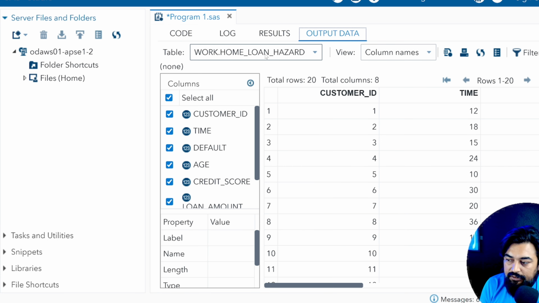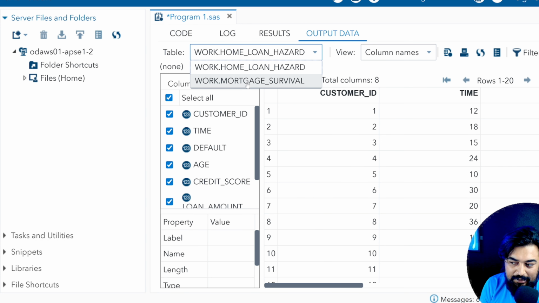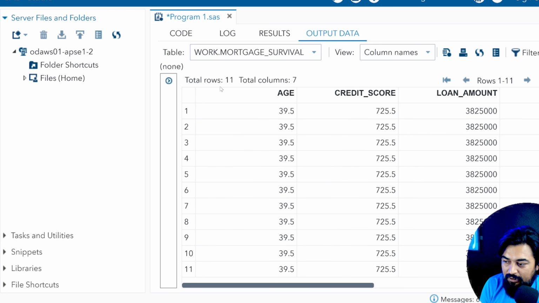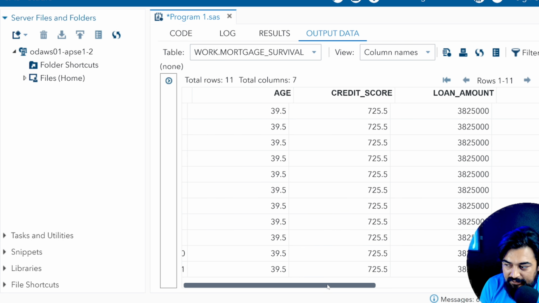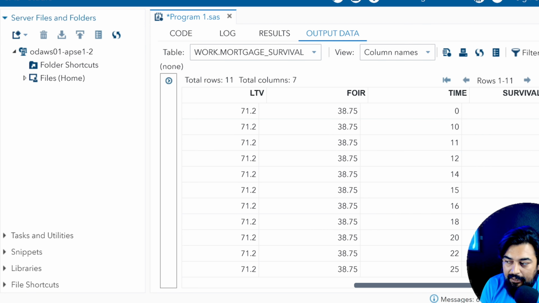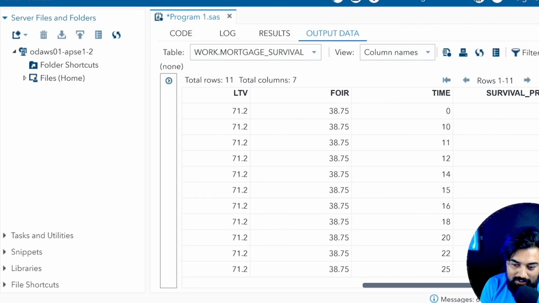So go to the output data. This is home loan hazard. This is your input. Mortgage survival is your output. Now see this. So you have age, credit score, loan amount, LTV, FOIR, time, and survival probability. So at any month, at month 36, for example,